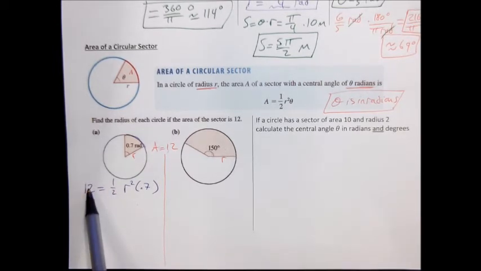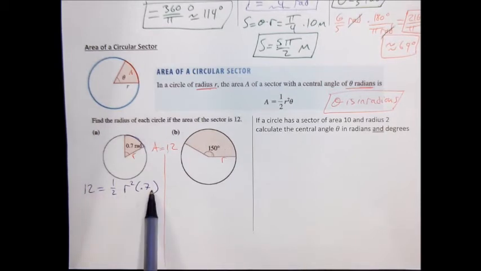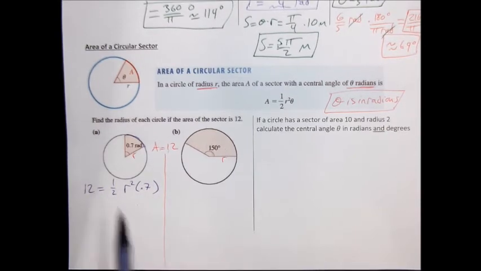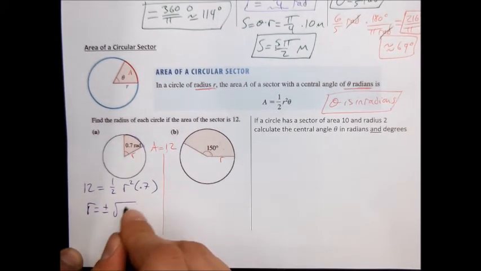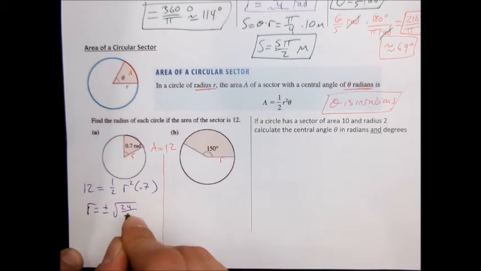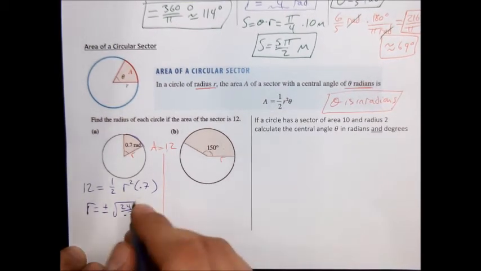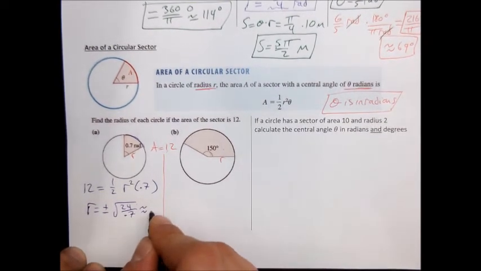This would give us 24. And then we divide by this 0.7, so we'd have 24 over 0.7. And then we'd take a square root. And so we'd have r equals plus or minus the square root of 24 over 0.7. And so this is approximately plus or minus